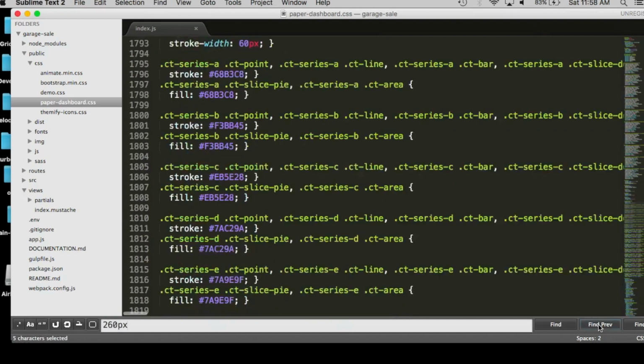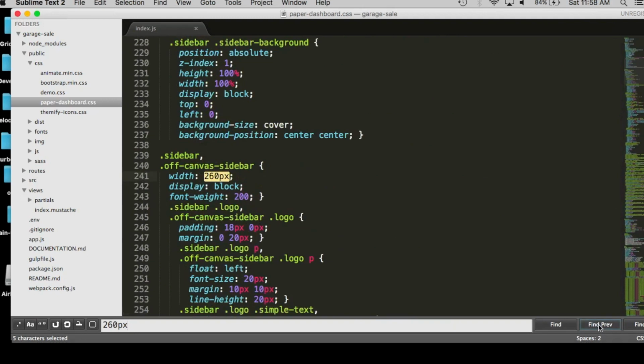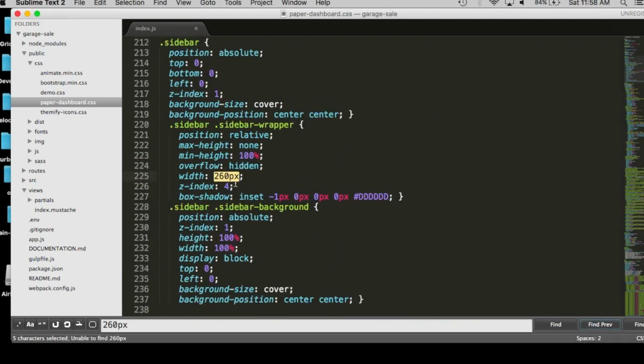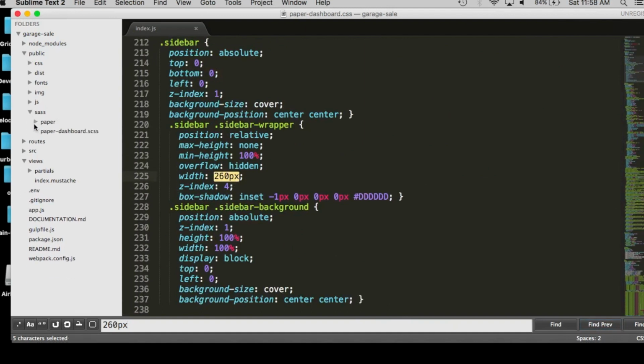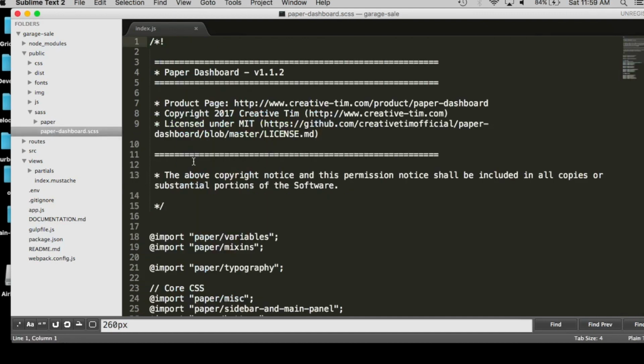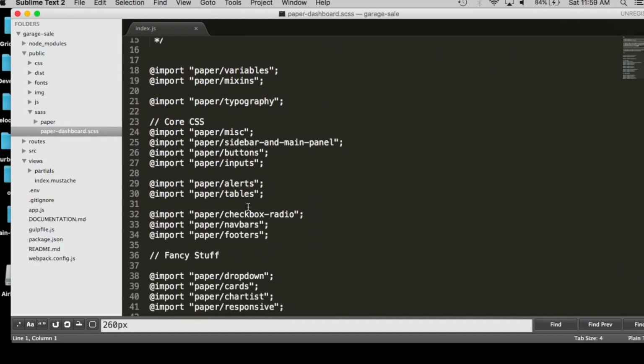Oh, I'm sorry, the SASS directory. I'm in the wrong directory. Inside the SASS directory is where you're going to find all those variables. Inside here is where all the SASS modules are imported. We pretty clearly would want the sidebar one, right? So if we look at the sidebar one,